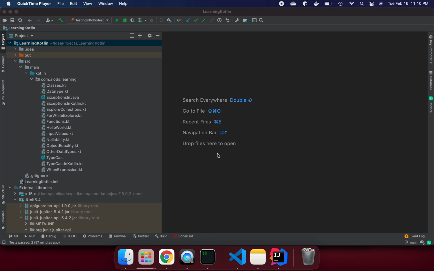I'm going to talk about how we can handle exceptions in Kotlin and how we can write the test cases in Kotlin. So we are going to write the test cases with JUnit 5. Some of you might know JUnit and some of you don't. I will create a unit series on JUnit, on how we can use JUnit 5.